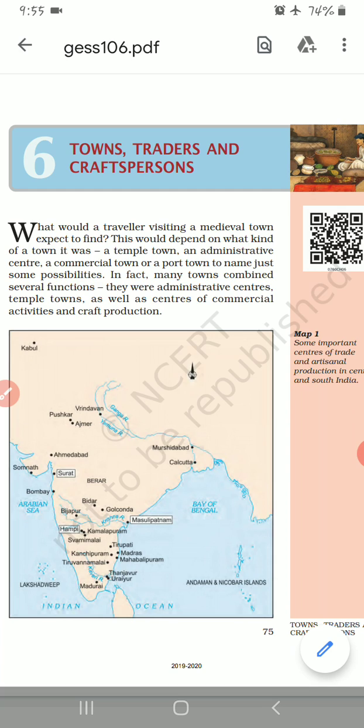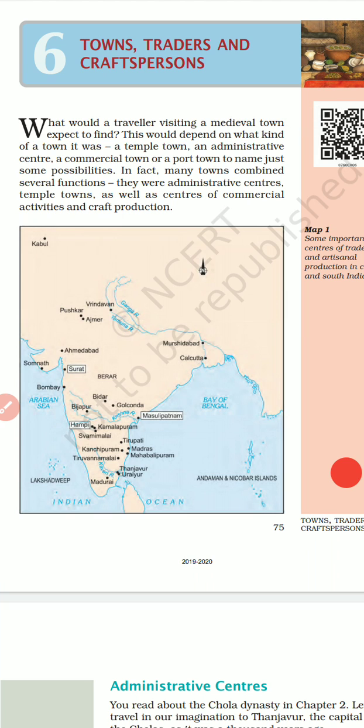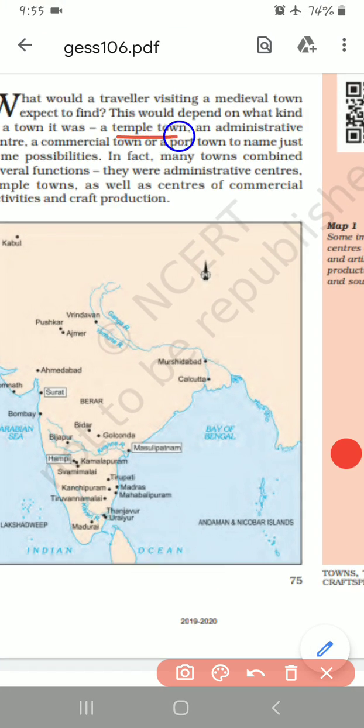If you are a traveler visiting a medieval town, what are you going to expect to find over there? This will depend on what kind of town you have visited. There were different types of town in the medieval period. For example, a temple town, an administrative center, a commercial town,